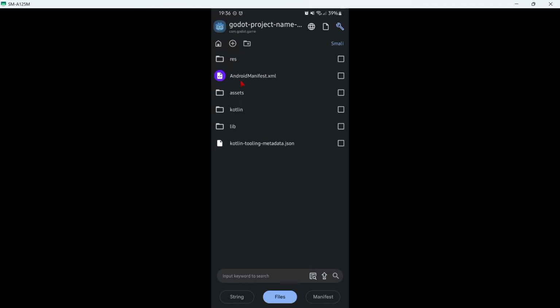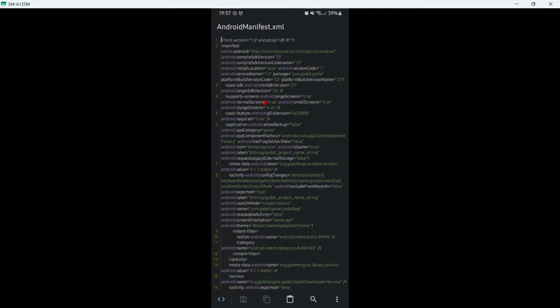Also we have here this file where you can modify some things for the export. For example, you have here the package name that should follow the company name, and then your game name, your product name. And you should always, in every version you create, increase version code by 1.